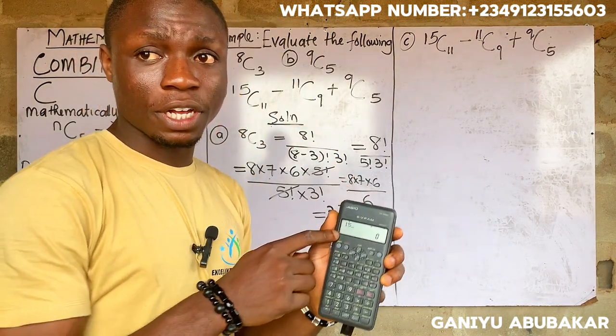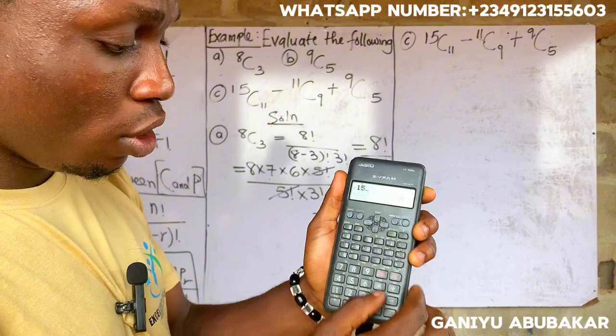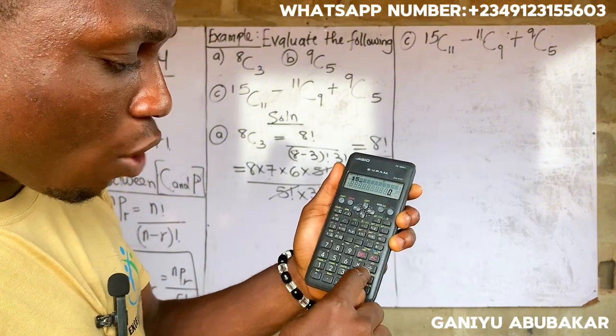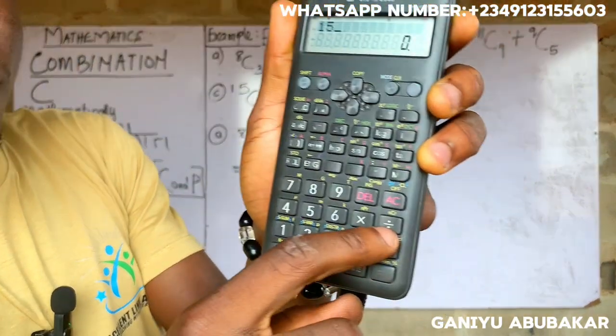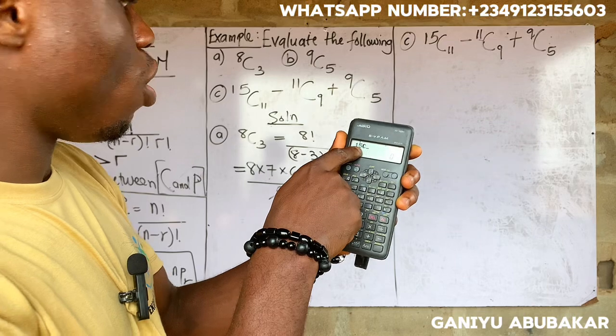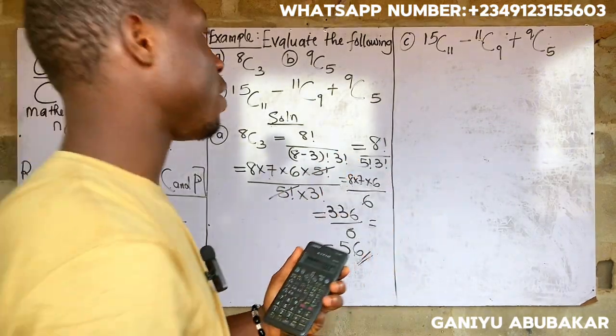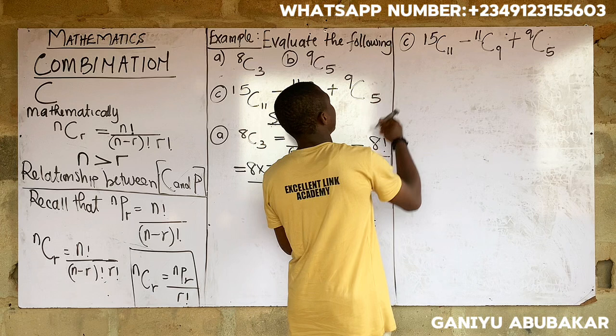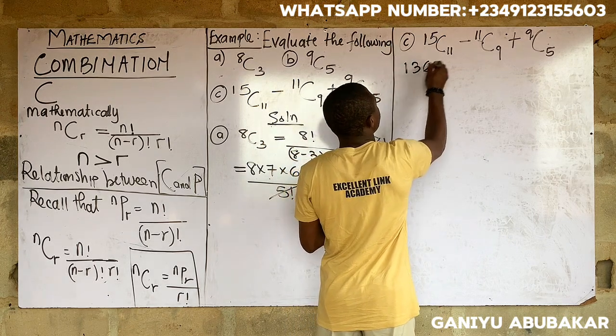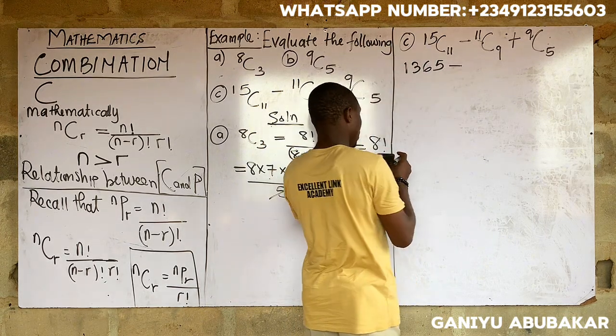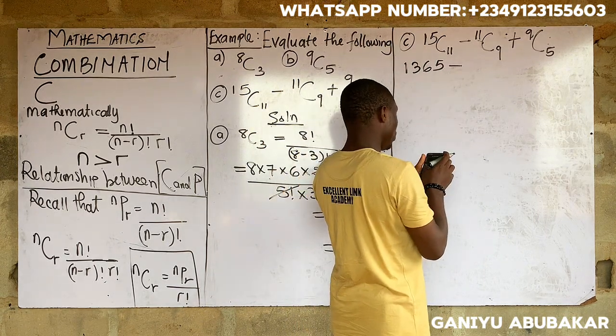15. This is my 15 here, right? 15. Then shift. Look at combination here. Combination is under this place. Observe combination 11. So I have about 1365 minus, I'll punch 11 combination